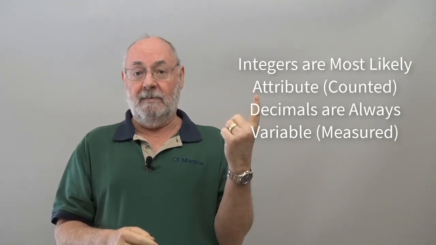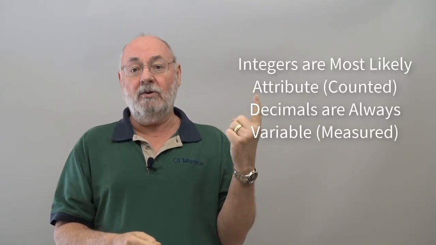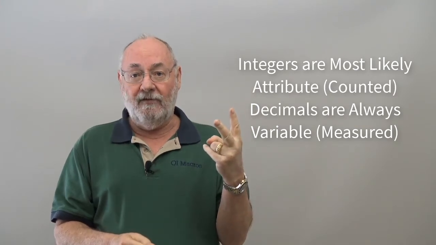Guess what? Back in 2006, I'd been trying to teach people that way, and I kind of had a little decision tree built into the QI Macros. But I decided, because the QI Macros let you select data first, all you had to do was click a button, and then I could analyze that data and see if it's integers, which means it's most likely counted or attribute, or it's decimal, which means it's always variable, right? So you don't have to know those two things. And so then it's a question of sample size, right?